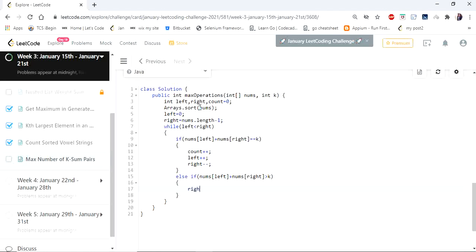So we reduce the largest number to the next largest. Else, the only condition left is the sum being less than k, so we are not adding the condition here in the code. I'm just incrementing the left pointer, because if the sum is less than k, it needs a higher value. So we point the left pointer to the next higher value. Finally, we return the count.